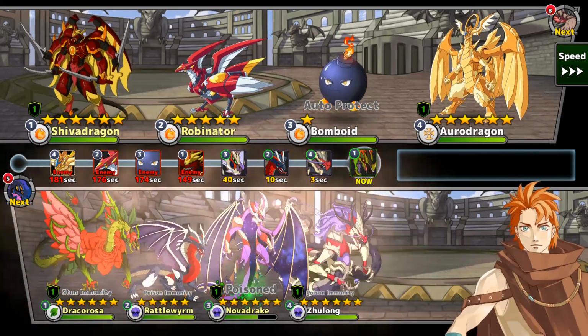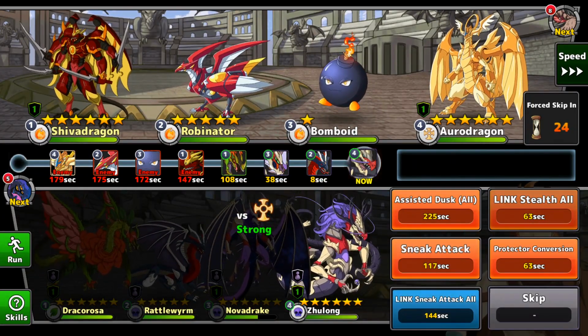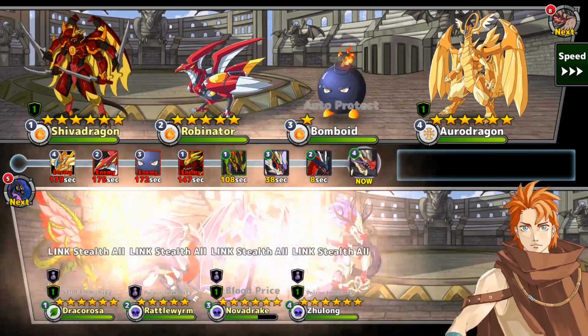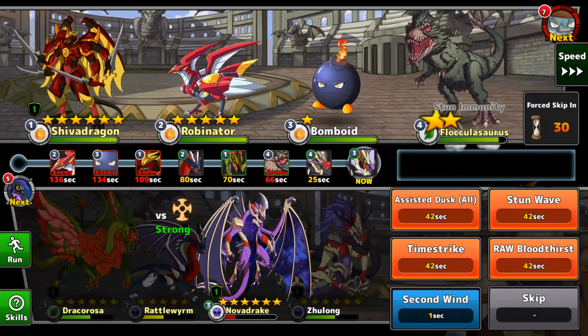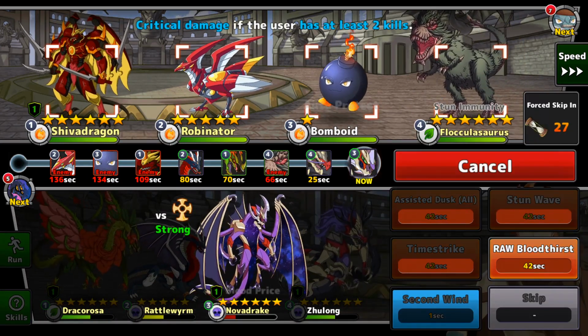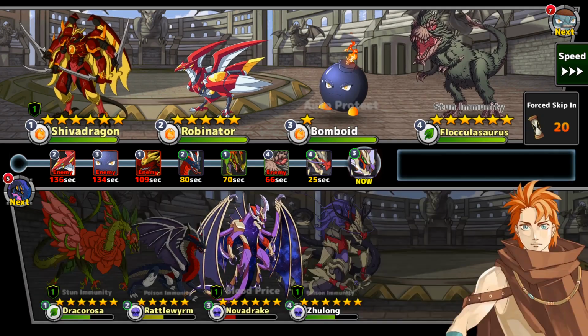Robinator in the front line, loads of people were running Protectors, and loads of people were running Aura Dragon, and that's why Stealth in general was very viable. It's why I used a Sneak Attack team, and Rattleworm was brilliant for taking down Aura Dragon, as you can see there. Many teams were stunnable too, which meant Nova Drake in the front line was a lot better than